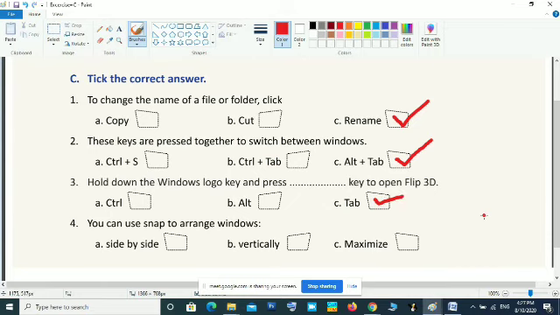Okay, Alt tab for switching between standard windows, then 3D is Microsoft logo key and tab, that is Flip 3D. Then you can use Snap to arrange windows side by side. Okay, side by side.